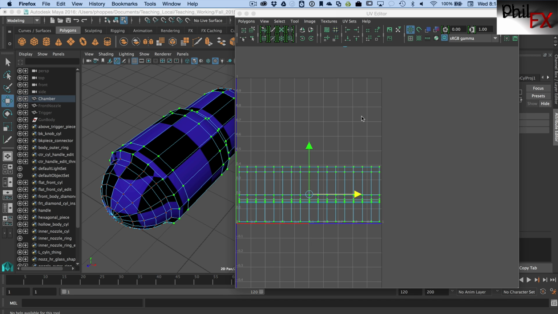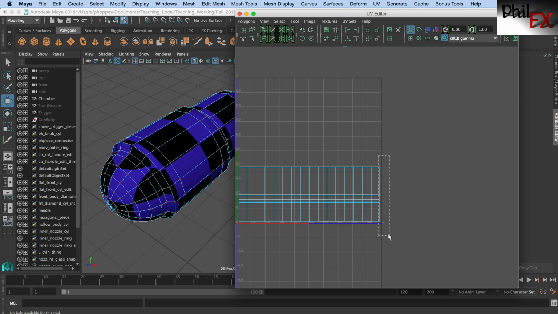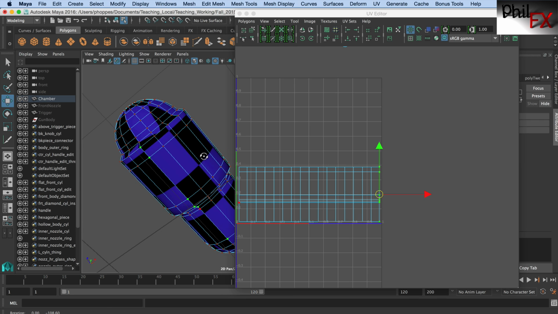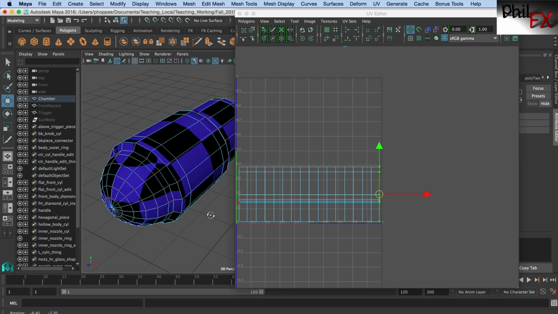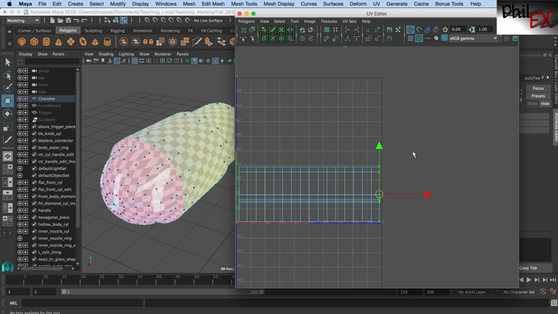And now, okay, so to recap, we successfully moved that seam. And you can see that now because when I select those edges, the seam is now on the bottom. And to do the same exercise as I did before, if we put the checkerboard on here, and if I take and select all of these UVs,